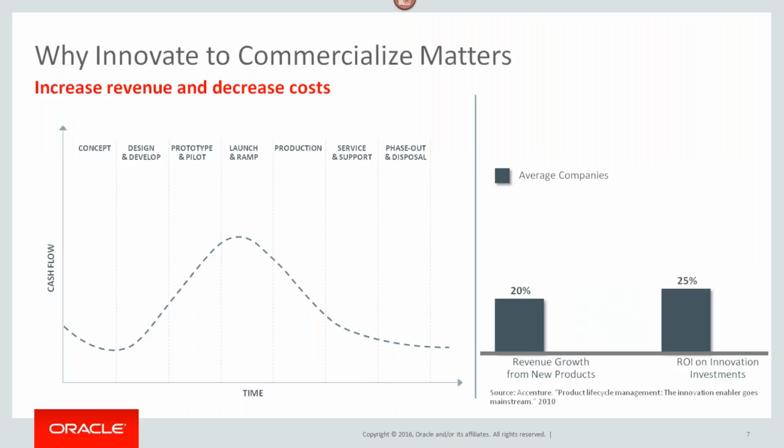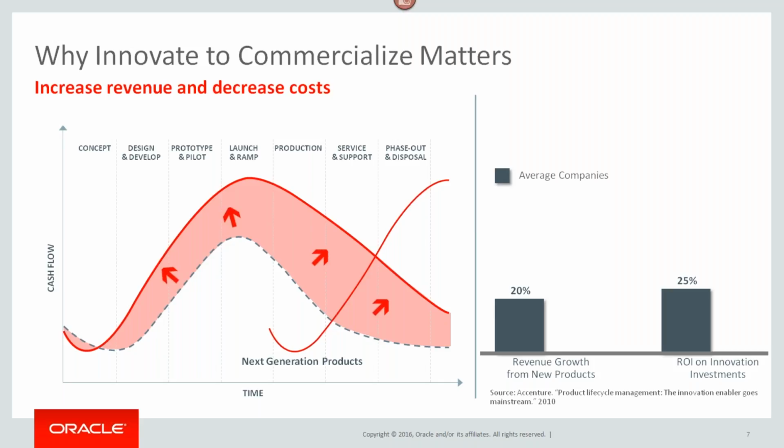And so then the real question is, well, so why does this matter, right? And so throughout every stage of the product life cycle, we're going to help you modernize your product development systems and processes to help raise your return on innovation. And so if you think about a traditional flow of cash, the question is, well, what can you do to change that flow, right? What if you could get products to market sooner? What if you could have a set of requirements that could allow you to sell that product for longer? And then what if you could also leverage all those lessons from previous products and then apply them to your